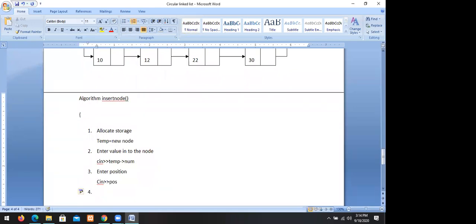Then if position is equal to 0 or position greater than count, that is, position greater than number of nodes, I will call the module. If position is equal to 0 or position greater than number of nodes, print invalid position.